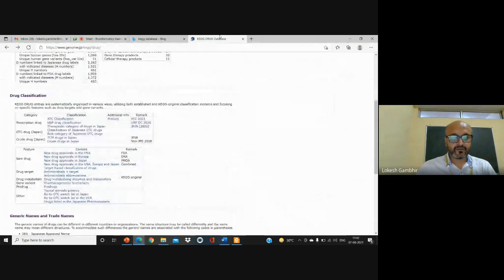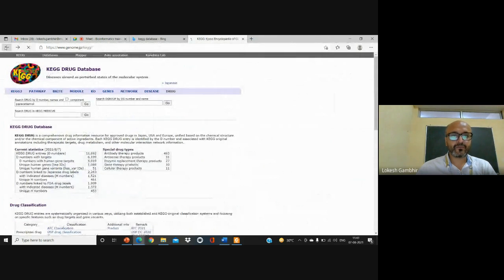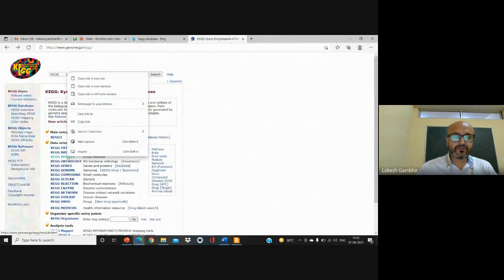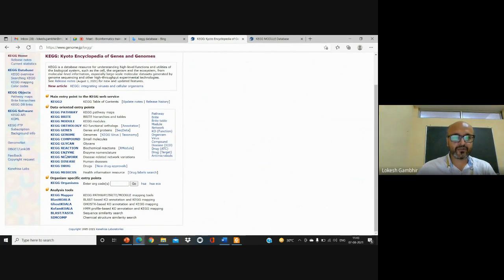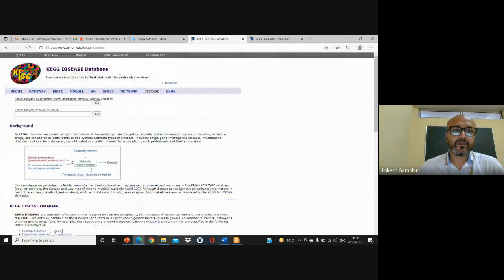So let's go to our KEGG again and go back to the path. Now let's talk about the modules that are there. Another important aspect you should understand is the disease. Let's say I am more inclined to work on leukemia, or diabetes, or any kind of disease. You want to first identify the molecular network system of that disease, what genetic mutations have led to it, and what markers you can utilize to diagnose it.